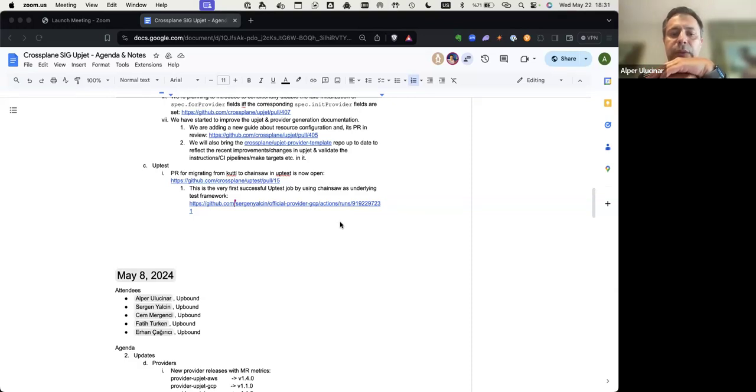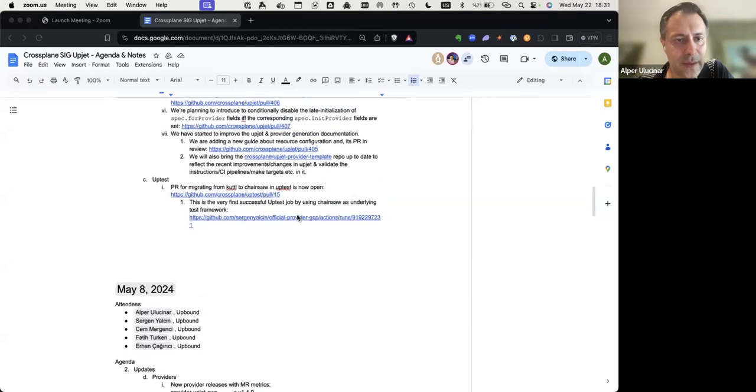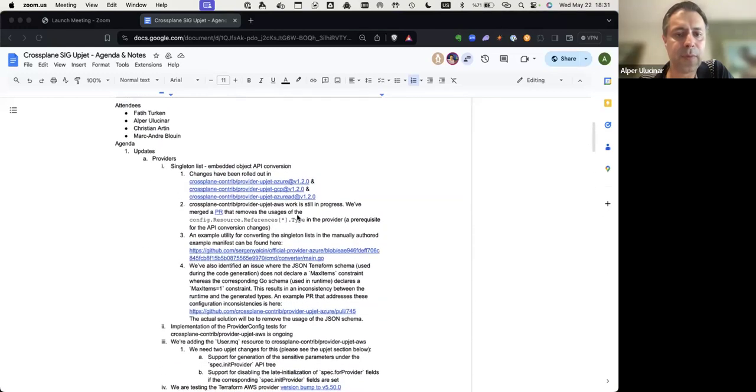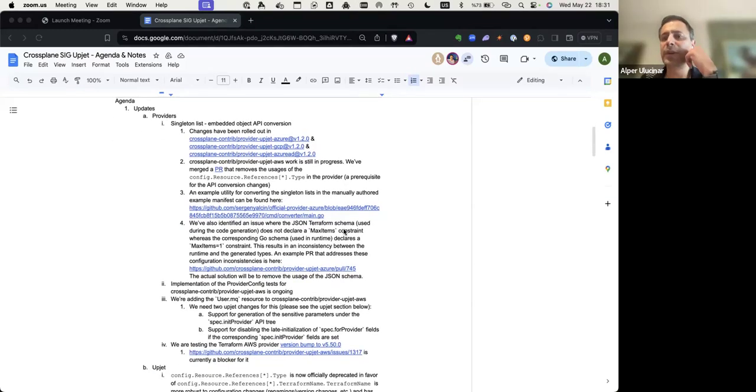And Sagan has already opened the PR; it's under review, and you can see this is the first successful Uptest run, which utilizes Chainsaw as the underlying test tool. So these are the updates that we wanted to share. Any questions, any further discussion points? We can continue.